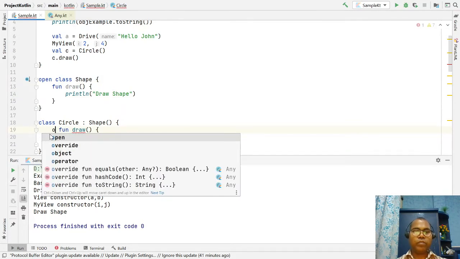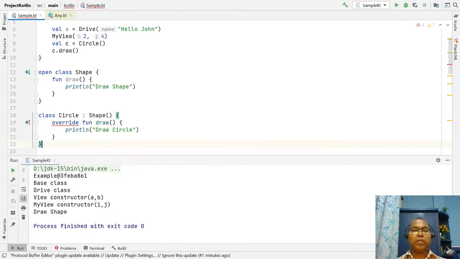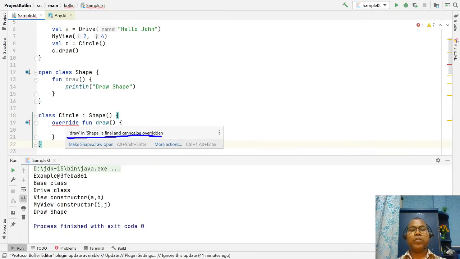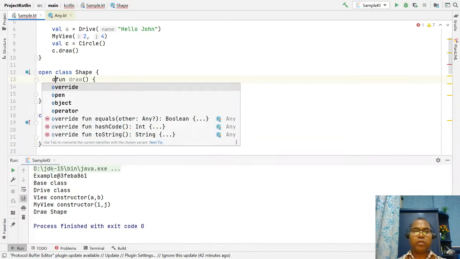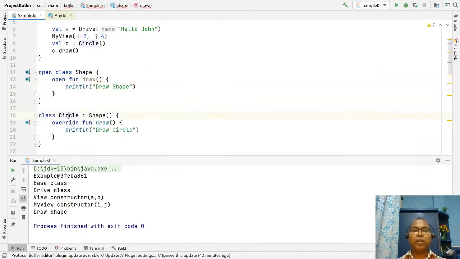Oh, you cannot override it yet. It says draw in Shape is final and cannot be overridden. By default, all methods defined inside a class are final methods. A final method cannot be overridden. Similarly, a final class cannot be inherited. So you have to first open it so that you can override.